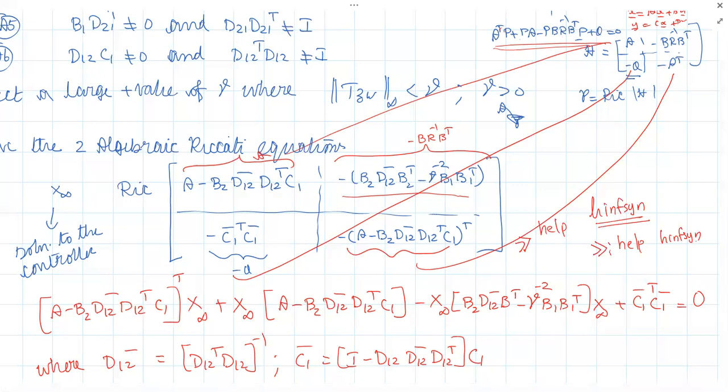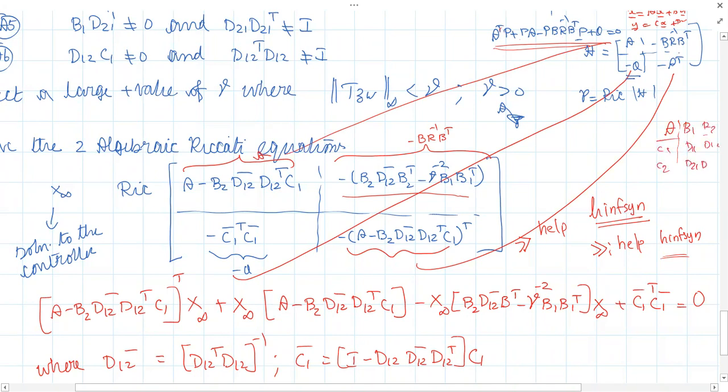So all these things are implemented in the background when you use this command. It is used to synthesize the H-infinity controller basically. We have to feed in some input data: you have to give all this data, A, B1, B2, C1, C2, in a specific format. So for a given problem, you first have to identify what your B1, B2, C1, C2 are. Then only can you make use of this command.